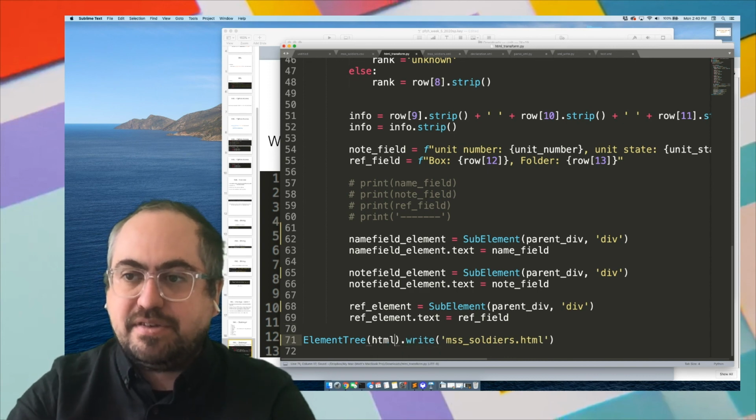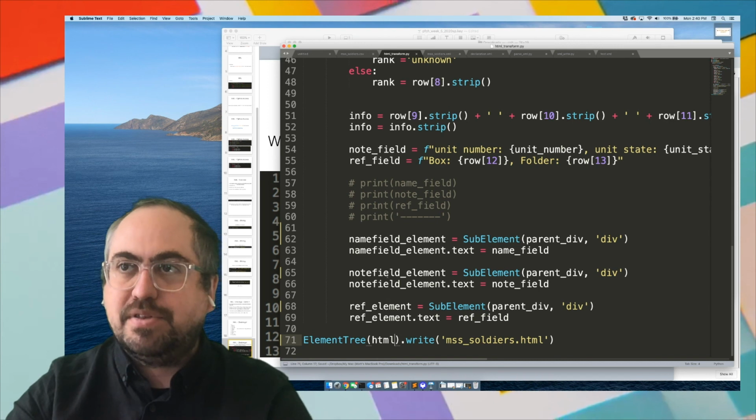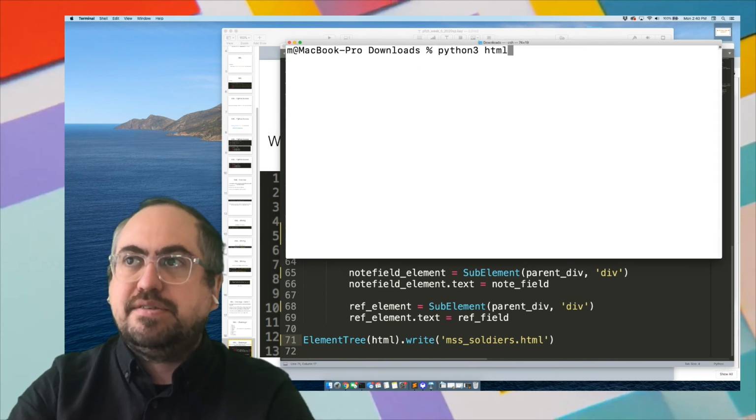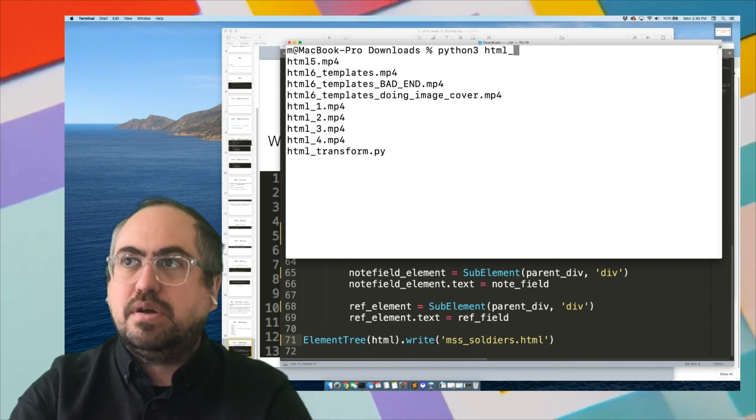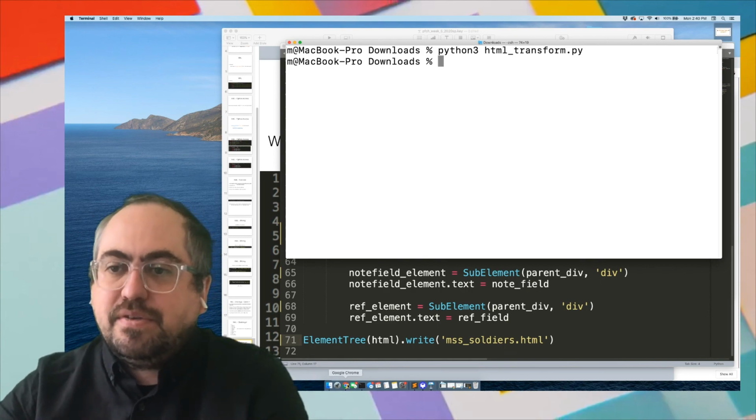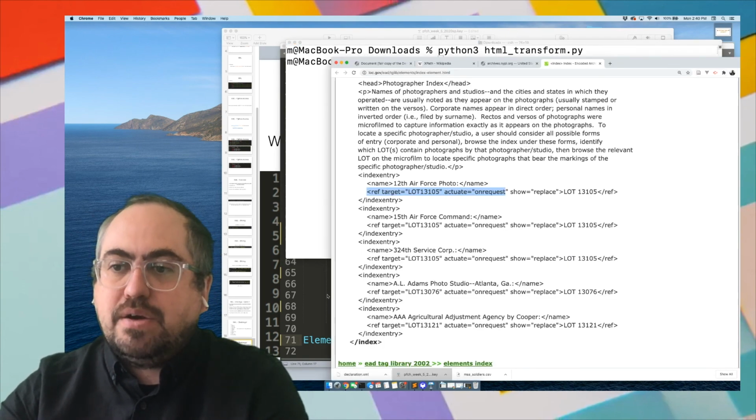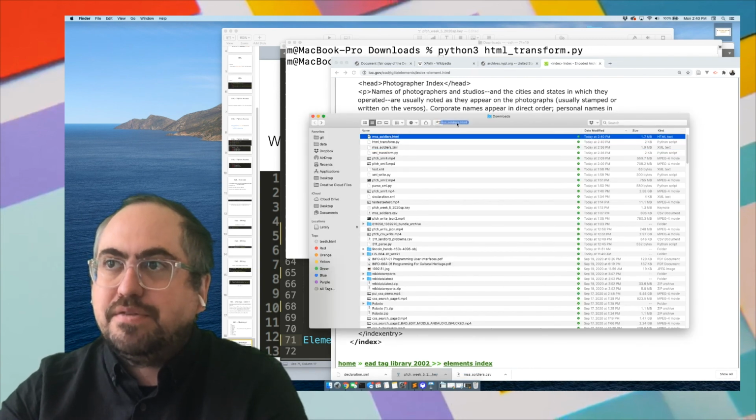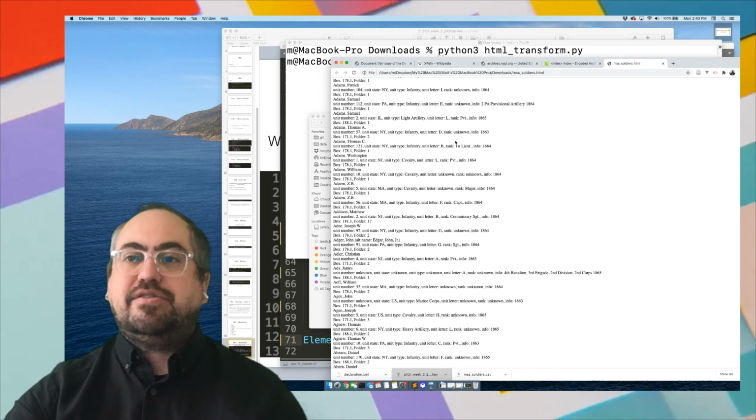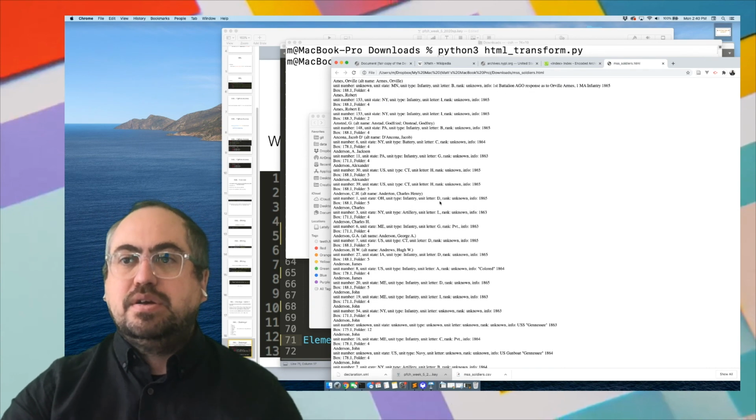We change the index to HTML variable name, so we change that variable name. Let's see what happens. This is Python 3 HTML transform. All right, no errors. So let's take a look at this in our browser. I'm going to drag the HTML file to our browser. Okay, so it rendered the HTML file, right? It's not